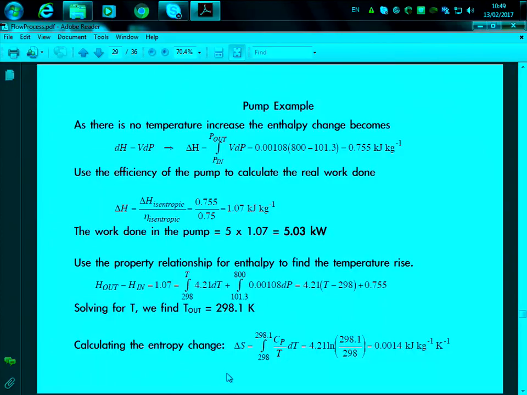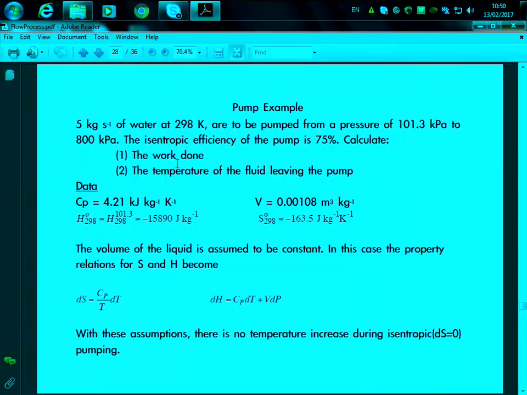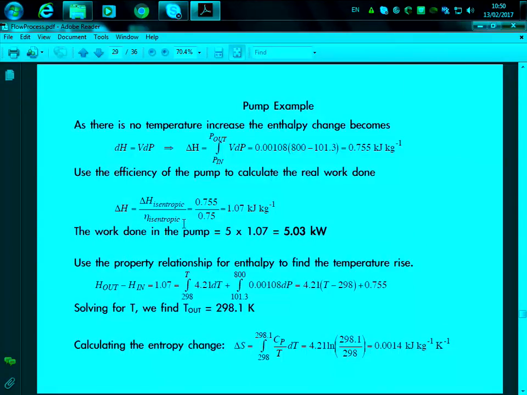298.1. So really it's the same. The temperature changes were quite insignificant. So actually we don't use this type of equations for pumps because the properties of the fluid don't change a lot. Okay? So perhaps you're familiar with fluid mechanics and you say how a pump